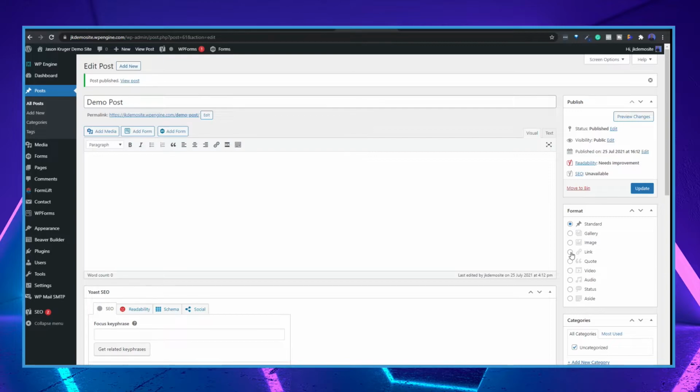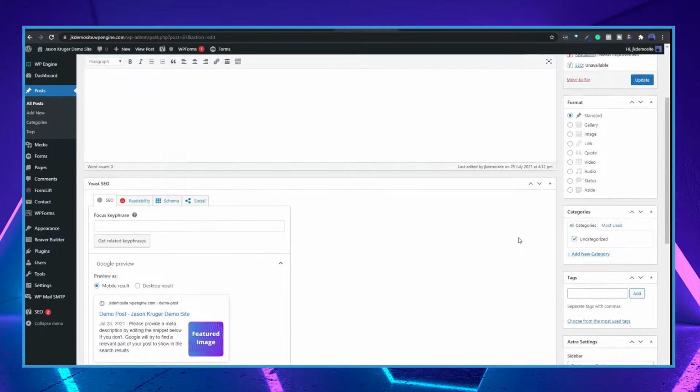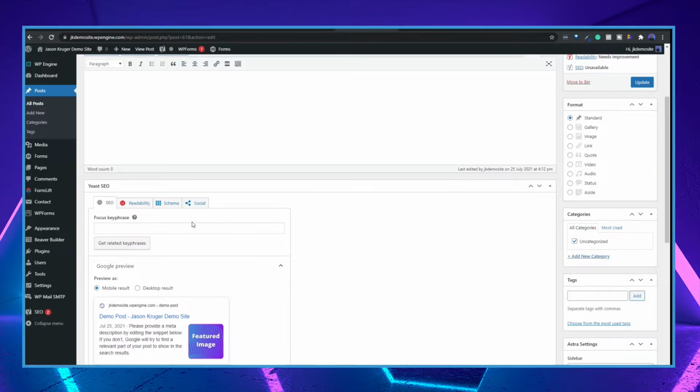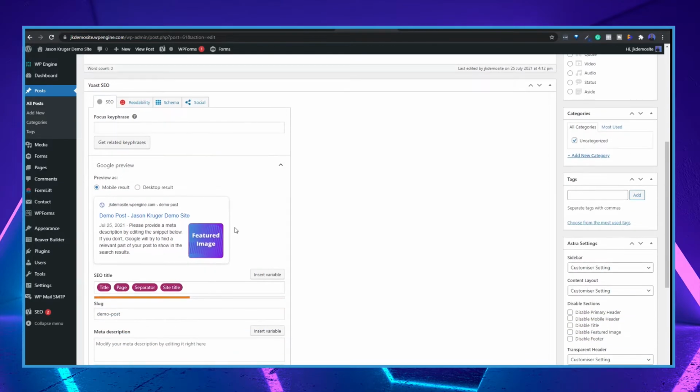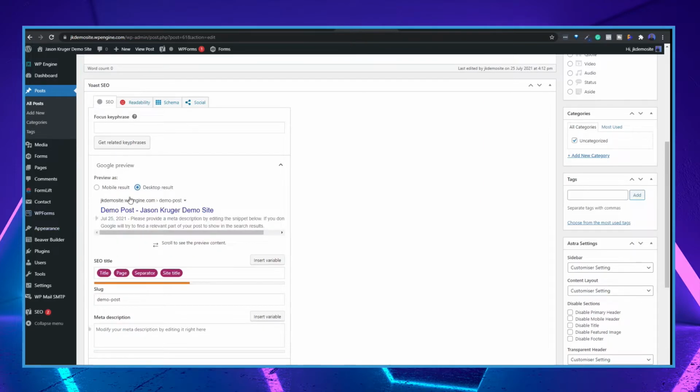If you want to add more details for SEO, the plugin that I recommend for SEO on WordPress websites is called Yoast SEO. Now, I do have that installed on my site here. So this is the Yoast SEO dashboard. Now we can set a focused key phrase on there so that it will help us with our keywords within our blog post. Now, as you can see, because I have that featured image loaded in here, this is what will be displayed on a mobile result, and on a desktop result that will also show